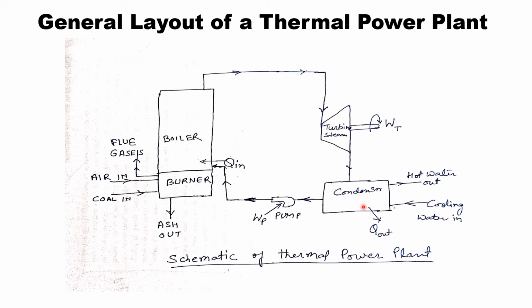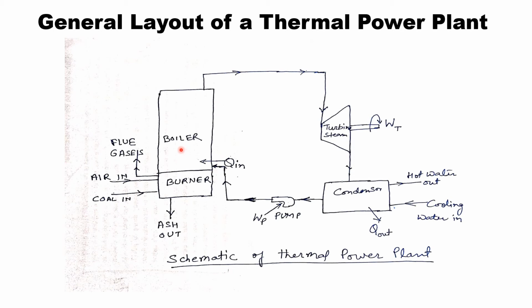This is the condenser, where with the help of water we condense the high temperature high pressure steam coming from the outlet of turbine to feed water level temperature, and this condensed water is then again sent back to the boiler using the pump. Some makeup water is also used to make up any loss of water in condenser or turbine. So this is our basic principle of thermal power plant cycle.